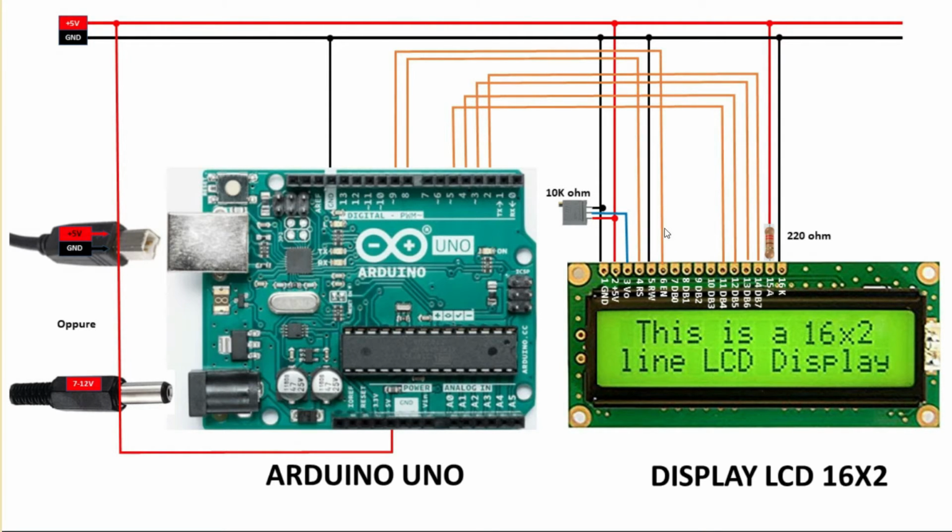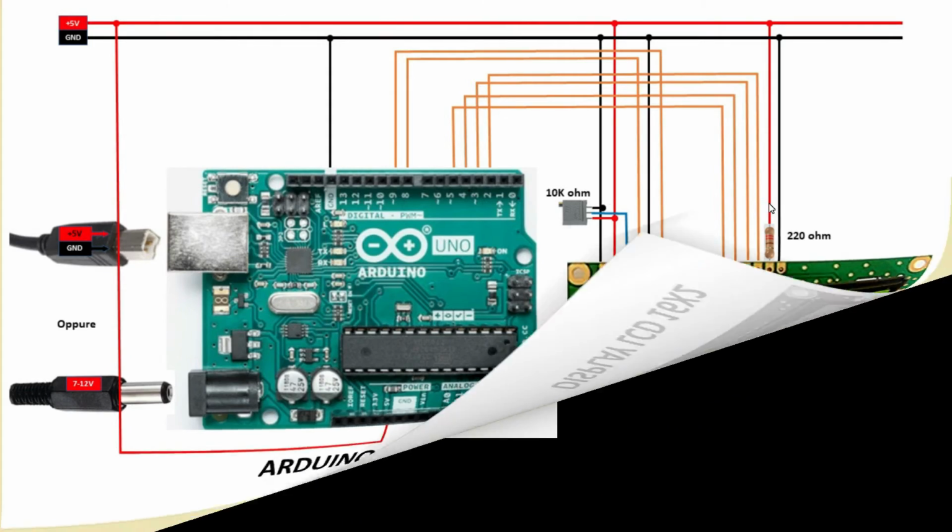We then have 2 lines, these here in orange, which are connected to RS and enable, which go to pins 8 and 9 respectively. And then we have the 4 bits, not all 8, because in our case we use the 4-bit transfer mode, which are the bits between DB4 and DB7. And they connect respectively to pins 5, 4, 3 and 2 of the Arduino header. That is, they are digital pins. With this we have completed the interconnections. Let's now see in practice how they can be reproduced on a protoboard or breadboard.